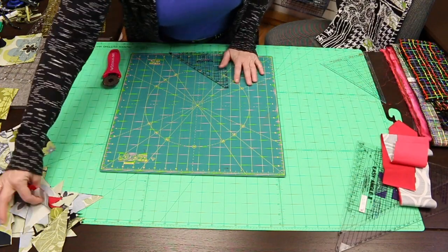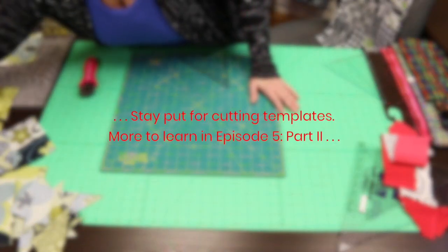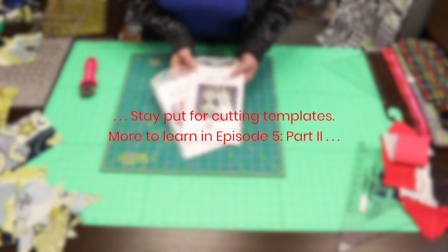There's yet another thing we may have to do sometimes in our patterns. We may need templates. And I've got two patterns with templates. One is called